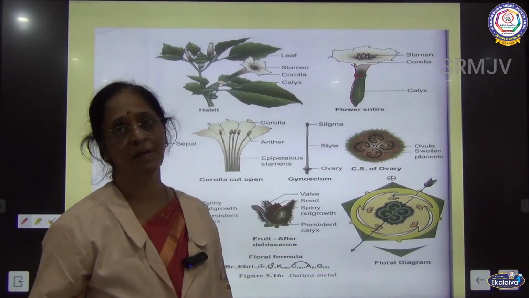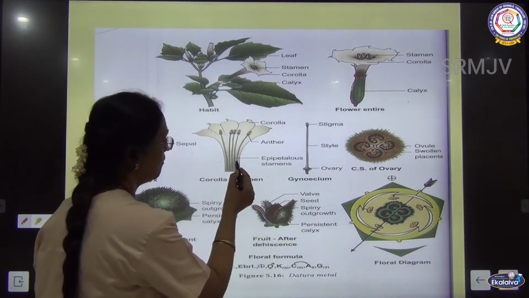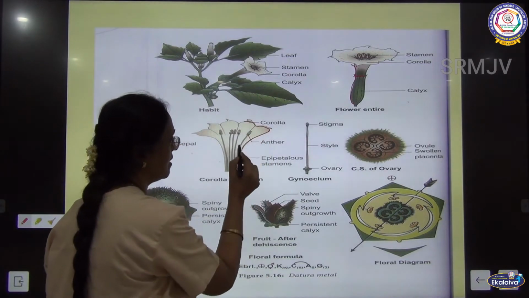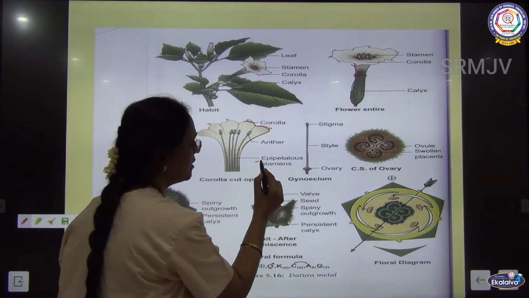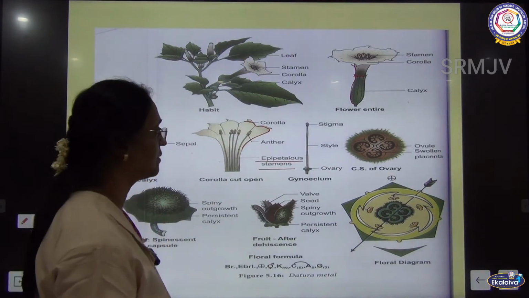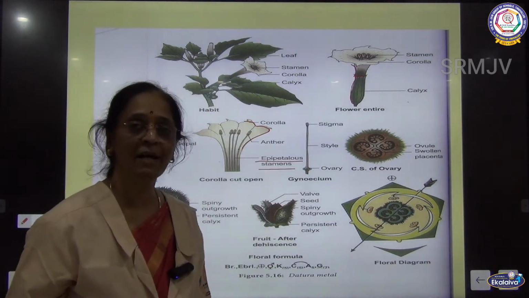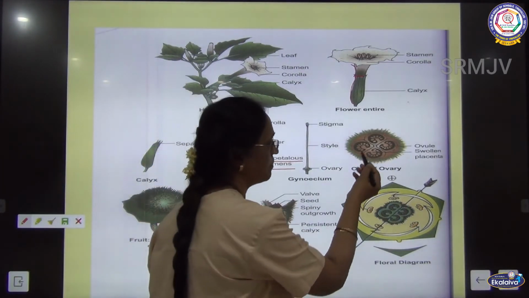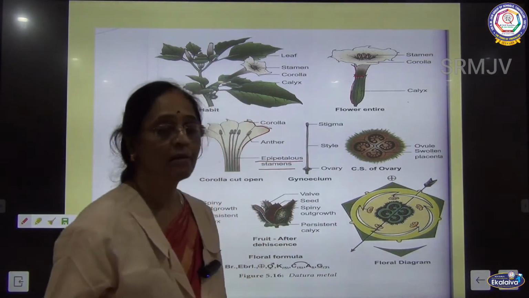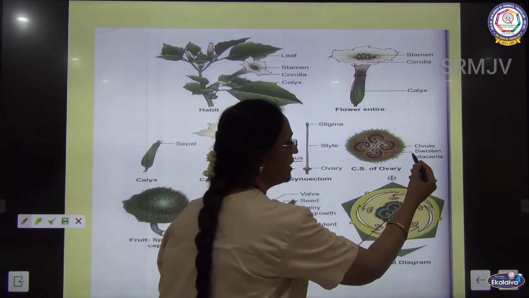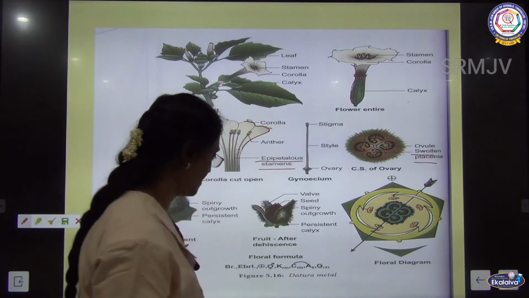Gamosepalous, gamopetalous. And then here if you see that the anthers are attached to the petals here, and this arrangement you call it as epipetalous stamens, because it belongs to Bicarpellate. It has 2 carpels, but because of a false septum you will find as if it is tetralocular, and then the ovules are arranged on a swollen placenta.